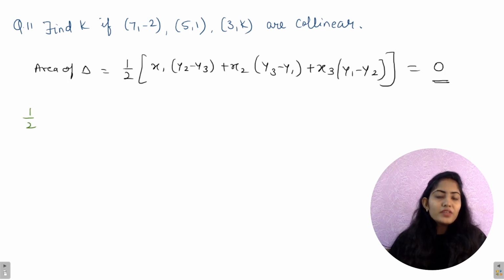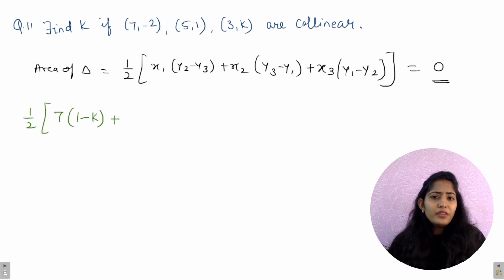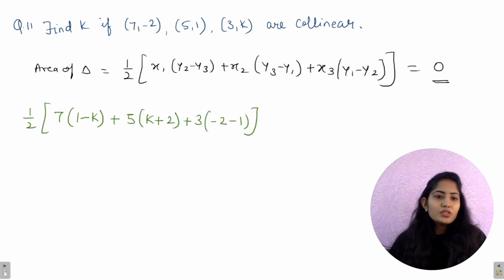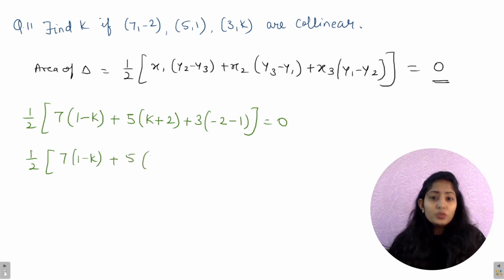हाफ x1 की वैल्यू पुट करेंगे हम 7, y2 की वैल्यू देखिए y2 है 1, y3 है k, प्लस x2 है 5, y3 है k, y1 है माइनस माइनस प्लस 2, x3 है 3, y1 है -2 and y2 है -1. So just put it out, guys. So half, here it is 7 (1 minus k) plus 5 (k plus 2) and